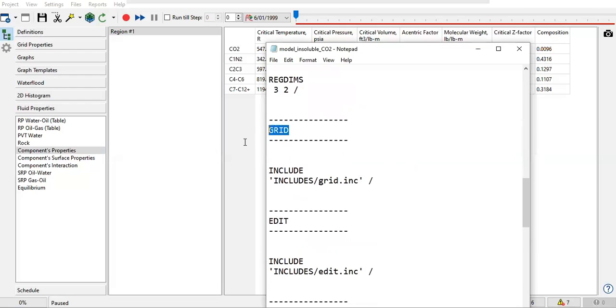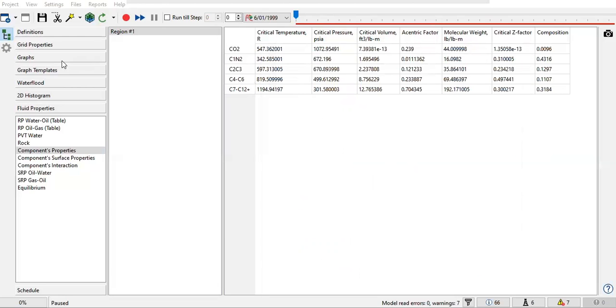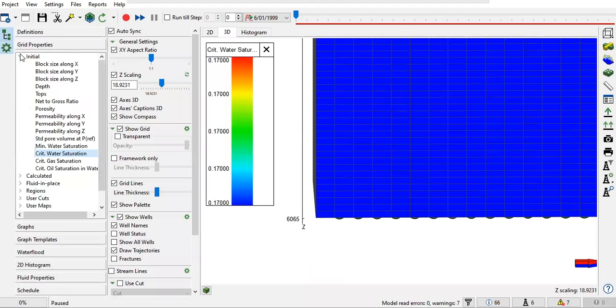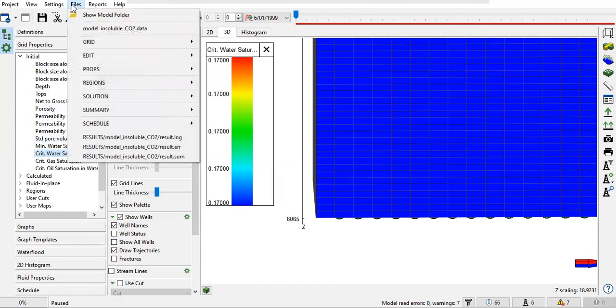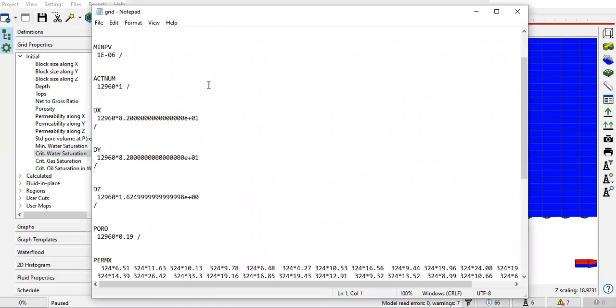And then the grid section. So whatever we have in our grid, we will take the data from this file. Include grid.inc. .inc means include. So we can check what we have inside the grid. So here we have the initial data, all of these data are taken from the grid file. So let's check it. Grid, this one. Okay,